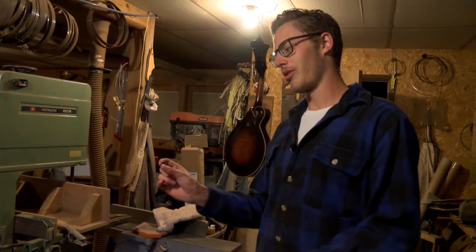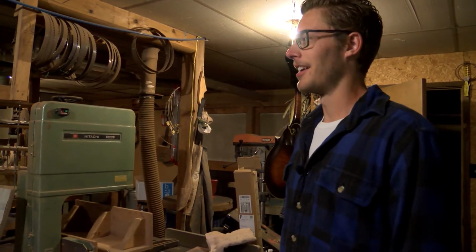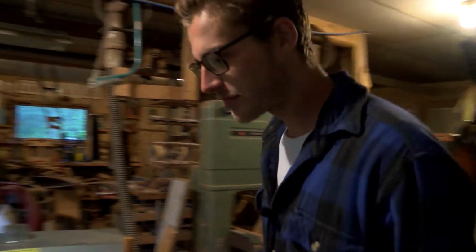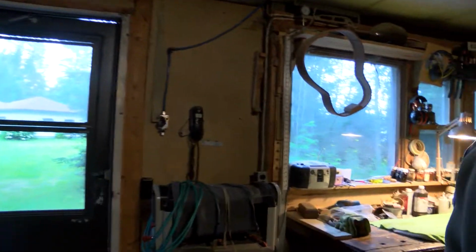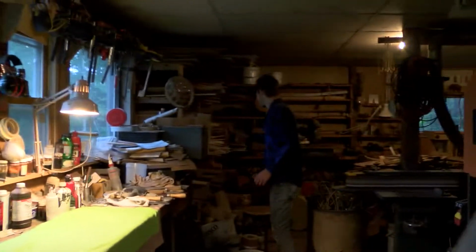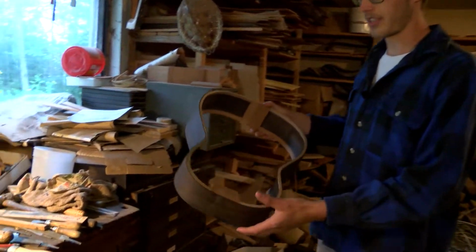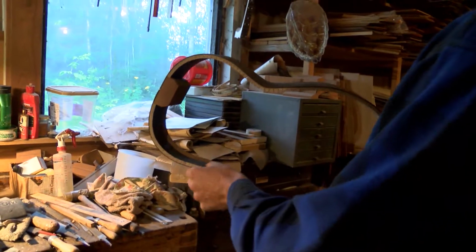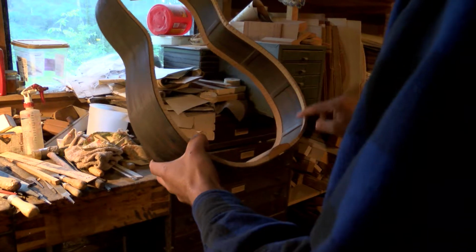But then if you get it too thick, it's harder to bend it. Won't bend as much. So when you bend your form, you can put it together and you'll start getting something like this, which then you